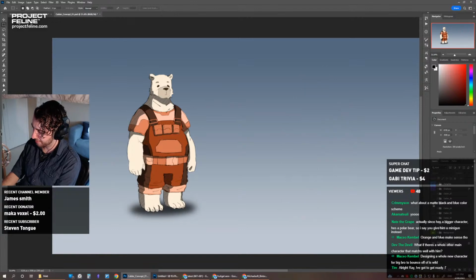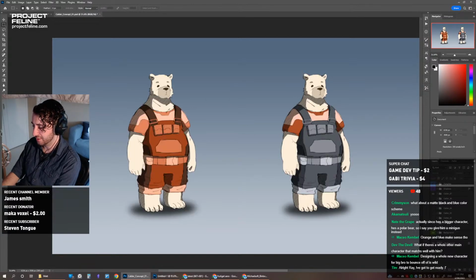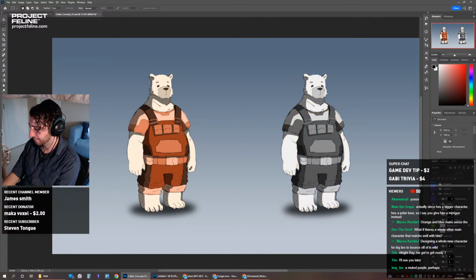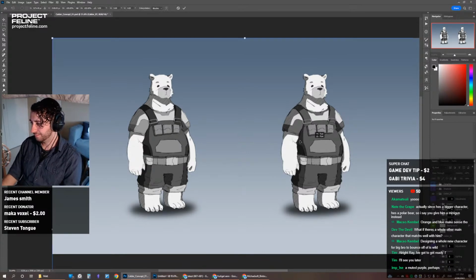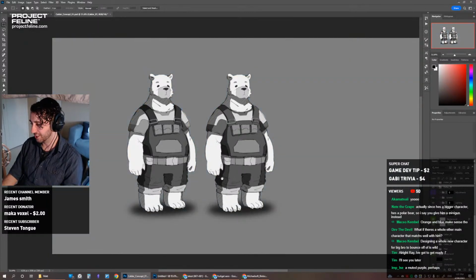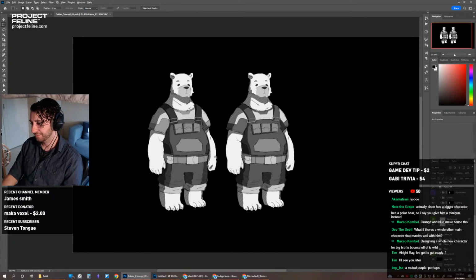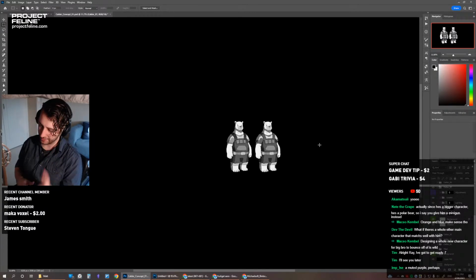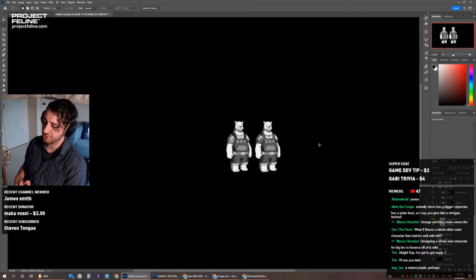So I'll copy. Gotta see which set of values I like more. And then I'll copy one of these and do another one. Which of these values do I like? Because on the one hand, they look similar, but they're slightly different. If we zoom out, on the left, the straps are a bit darker, and there's less contrast on the shirt.